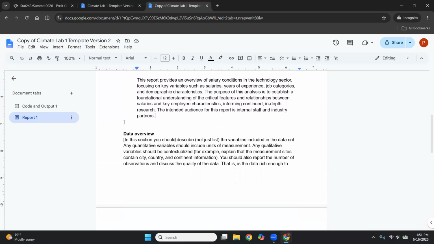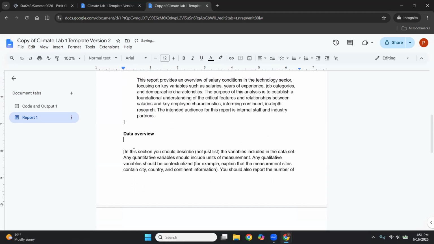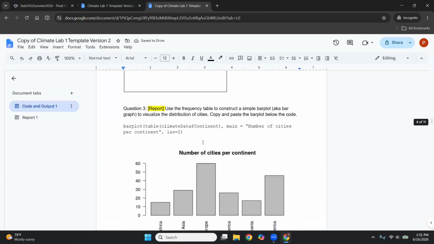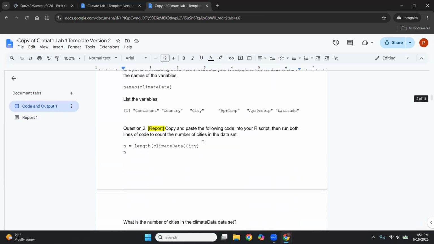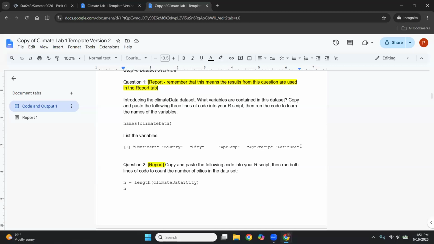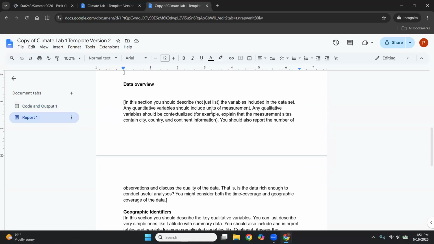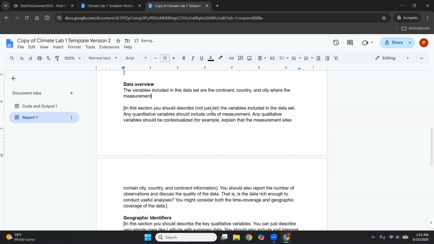In the data overview, you're going to describe, not just list, the variables included in the data set. Well, in my code and output, I found what the variables are. They're these ones: continent, country, city, April temp, April precip, and latitude. So in my report, I would say something like, the variables included in this data set are the continent, country, and city where the measurements are taken,